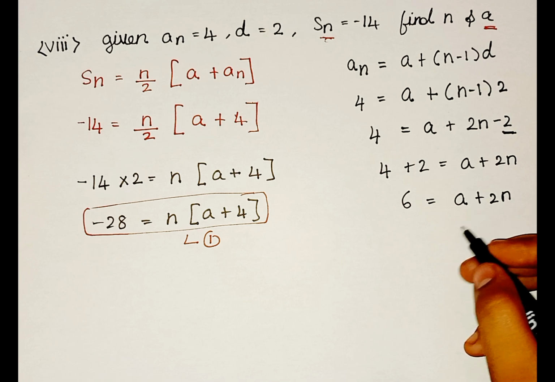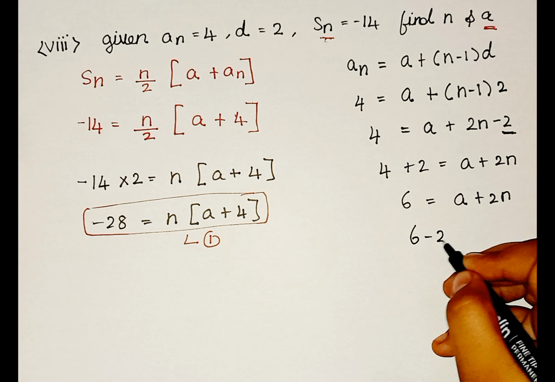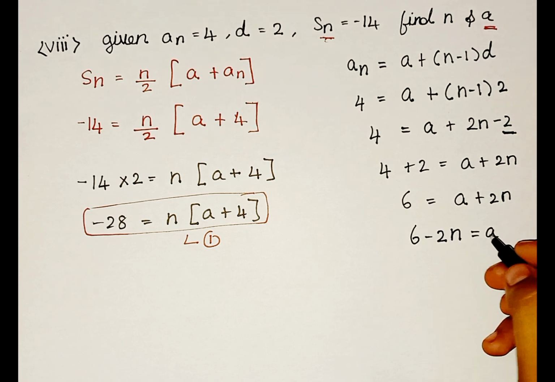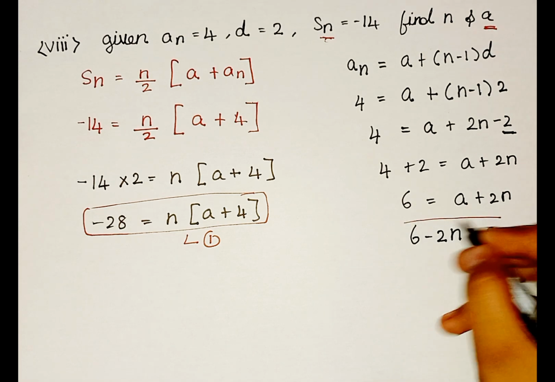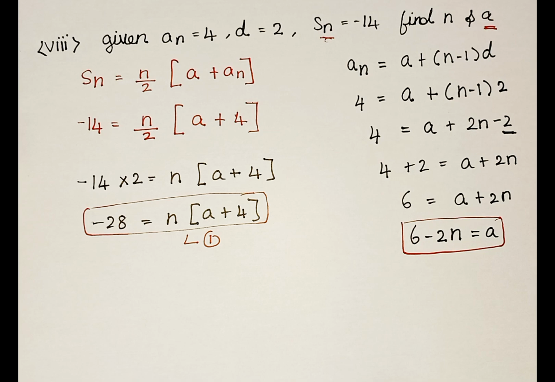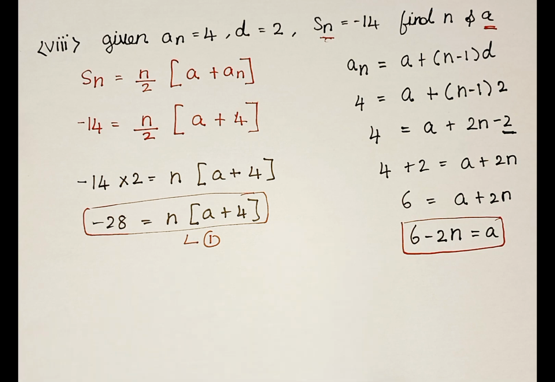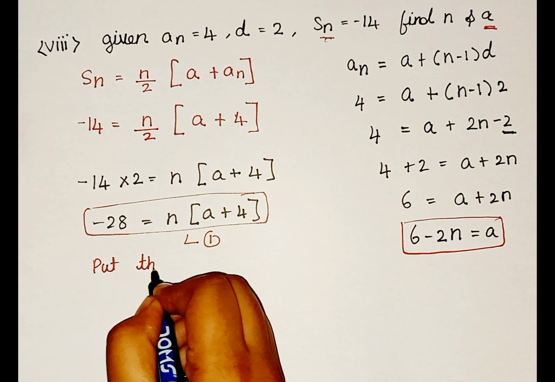Alright, so now what I am going to do is get this 2n to this side, then it will change into minus 2n, and then is equal to a. Alright, so now we got a value for a, so this is the value for a. Since I got the value for a, and I took it as equation number 1, I am going to put this a value in equation number 1. So let us write, put the a value